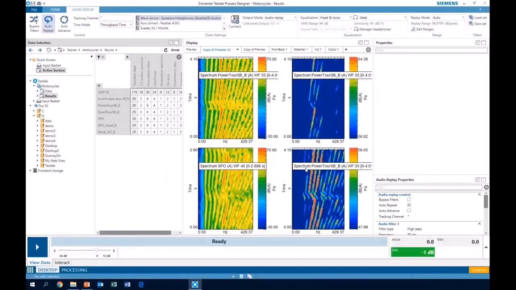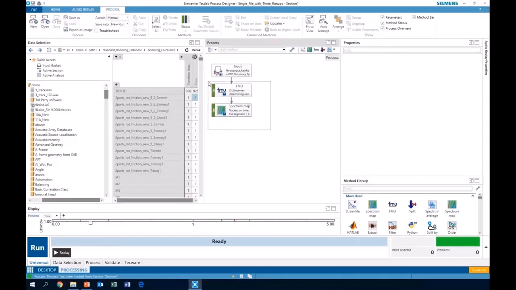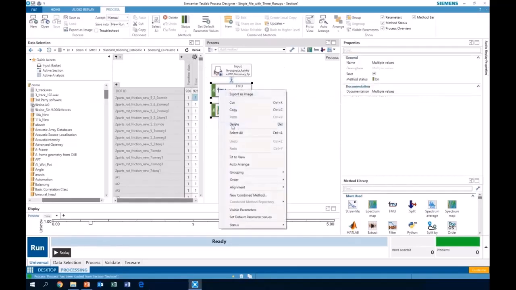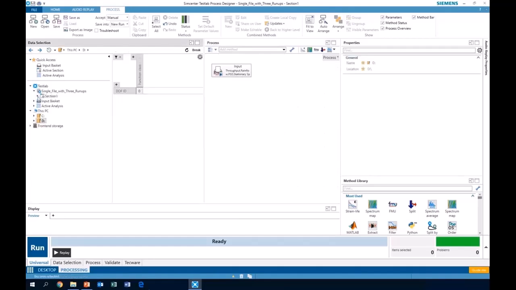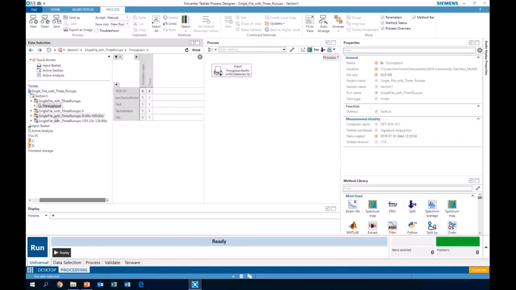Yes. I'm going to also show processing here. If I go here to processing, I'll show a little bit about processing in this case. So we have a slightly different approach to processing with Neo. Some of it's similar to what you might know. So if I come in here, I've got a project that has some data in it. If I click over here, you can see there's a throughput. And if I want to process it, I'm going to right click here and just say add to input basket, just like you would normally.